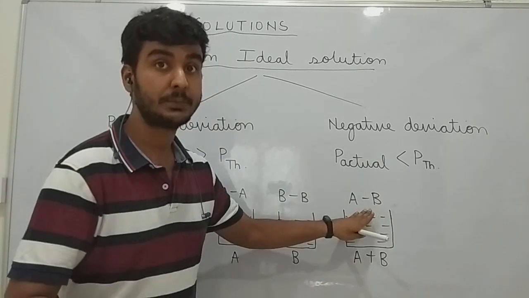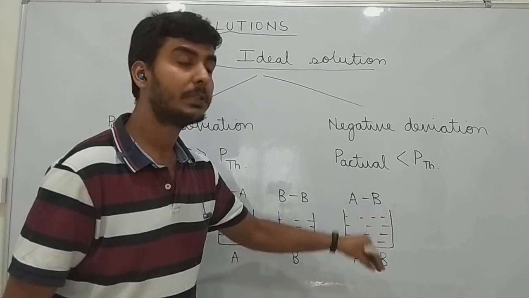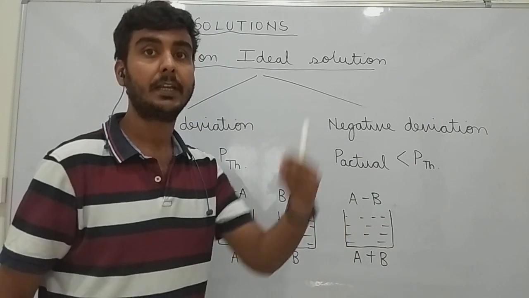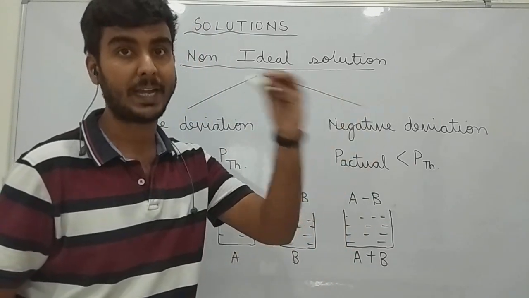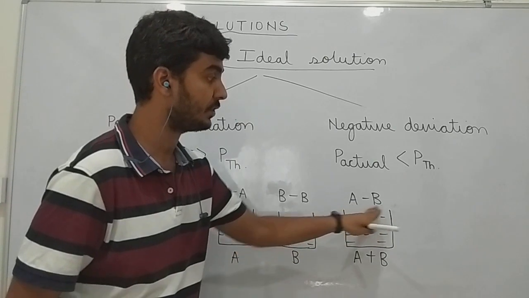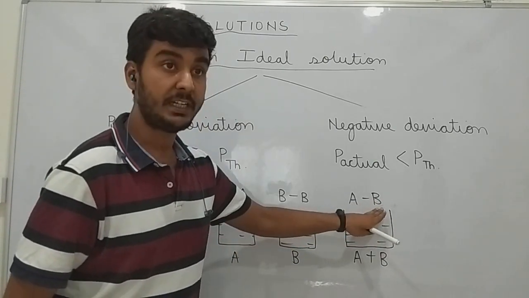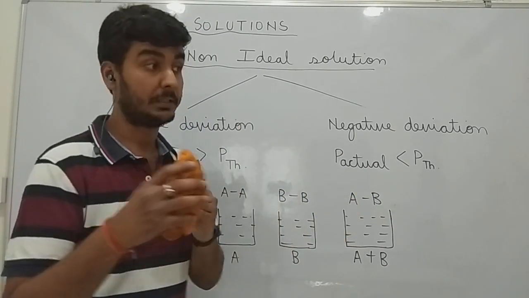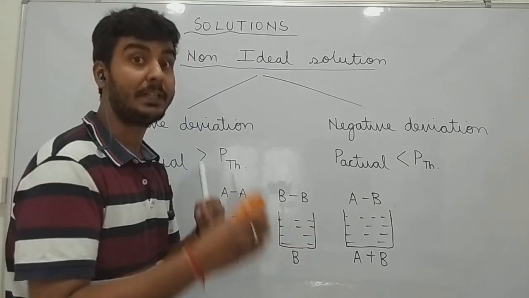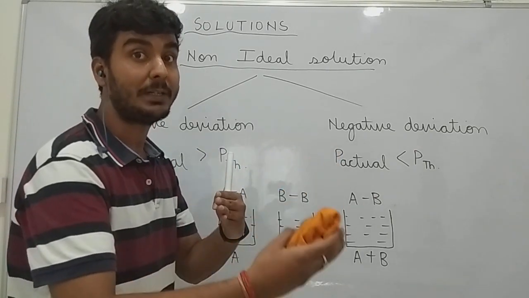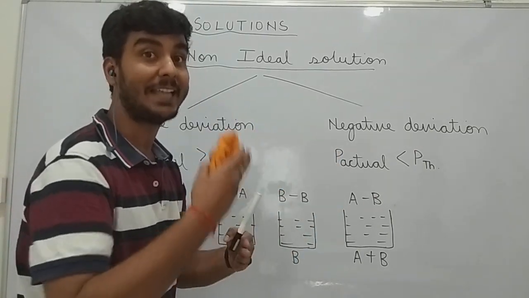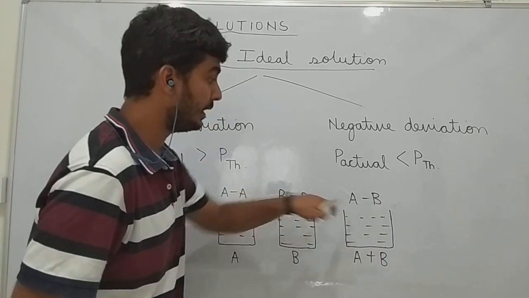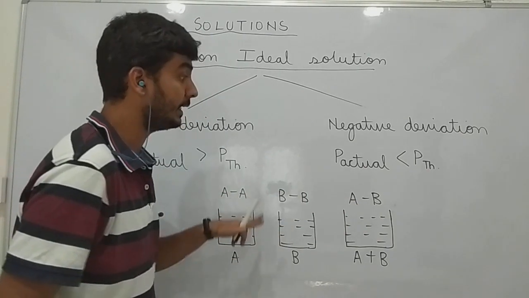So the vapor pressure comes out to be more because when you supply the same amount of heat, A and B escape more easily or are converted into gaseous state more easily because the force of attraction between them is weaker. So obviously the vapor pressure will be higher and the theoretical vapor pressure will be lower because it is calculated under the assumption that force of attraction between AB is similar to force of attraction between BB and AA.